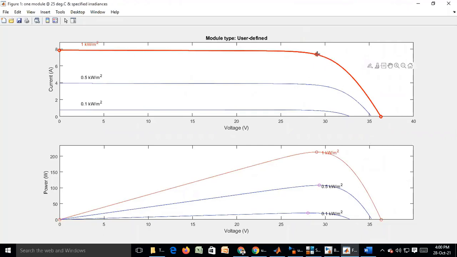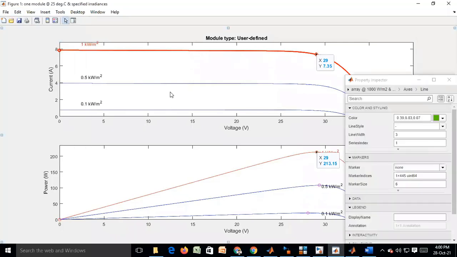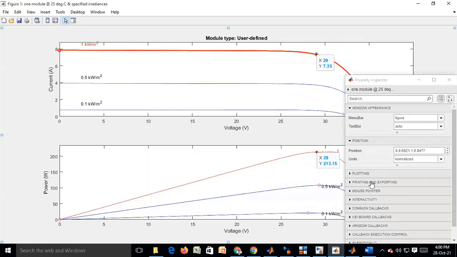The axis you can keep. And the same for the PV curve. So where you are getting the maximum value. These two things also can be taken. You do edit figure properties. You can use grid.